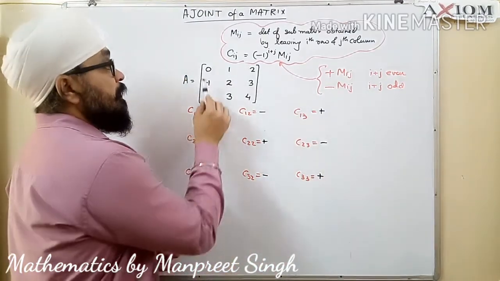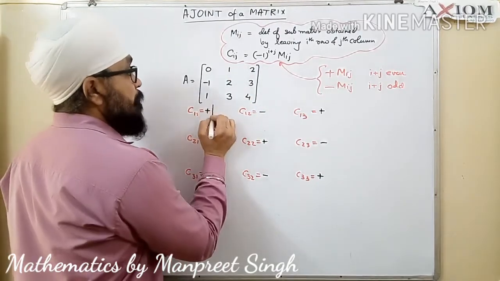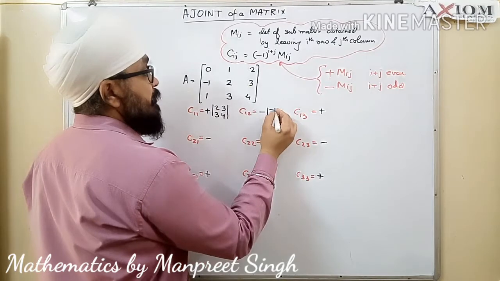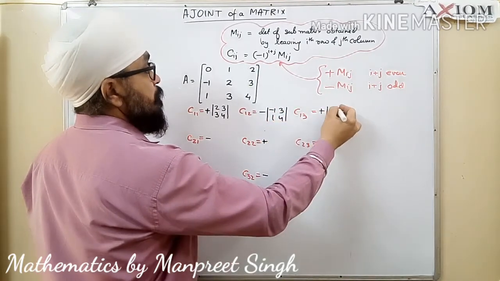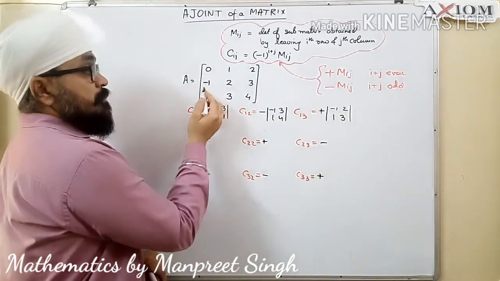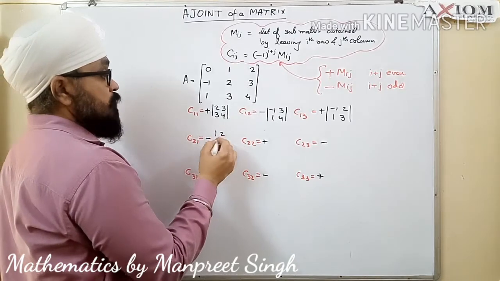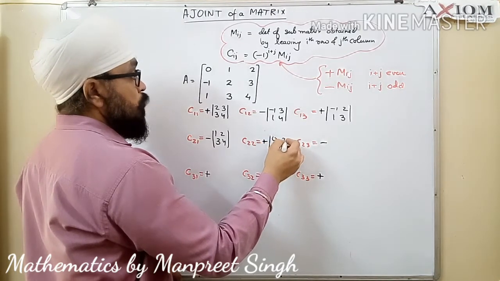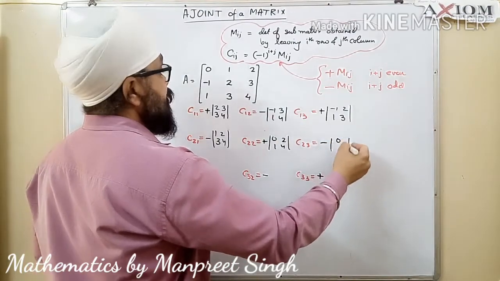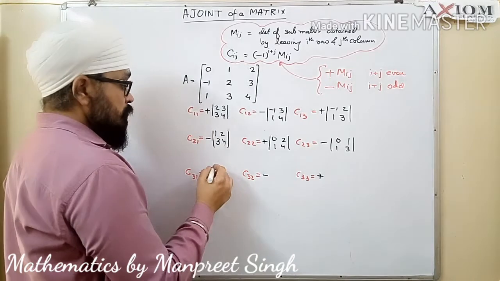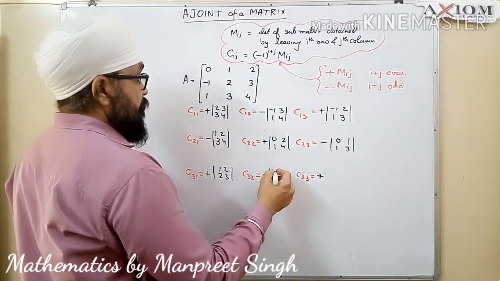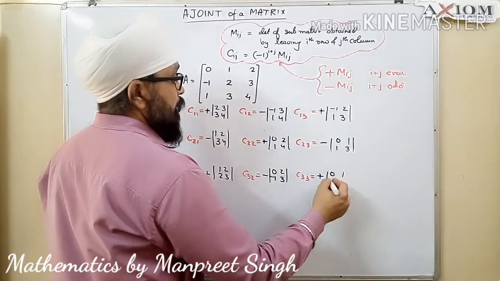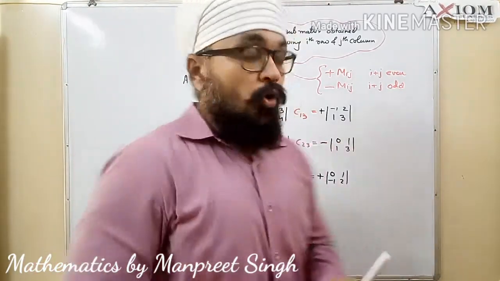अब आप लोग यहां पे अगर देखो तो हमें minor निकालना है, तो leaving the first row, first column, submatrix बची 2 3 3 4। For the next one, leaving the row and the second column: -1 3 1 4। Next, for this one: -1 2 1 3। For this C21, leaving this row and this column we are getting 1 2 3 4। Then for this one it is 0 2 1 4। For this element it is 0 1 1 3। Next, the last row: we are having 1 2 2 3; for this element it is 0 2 -1 3; and the last one is 0 1 -1 2। तो ये है हमारे minors।